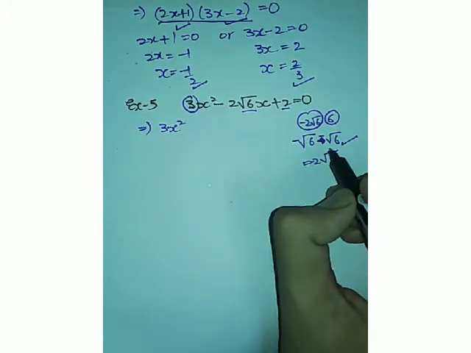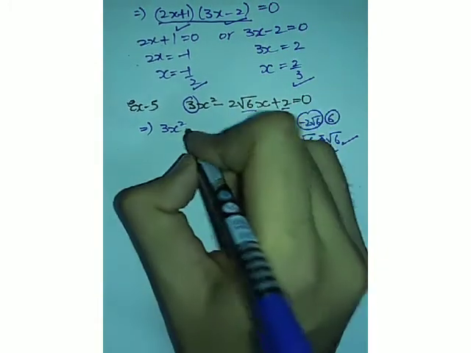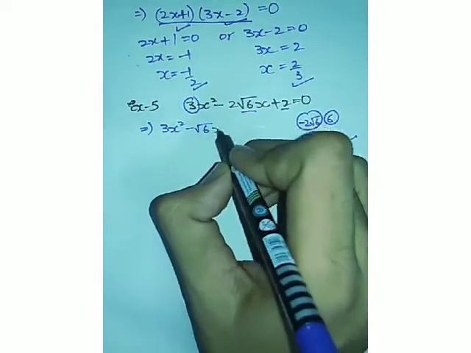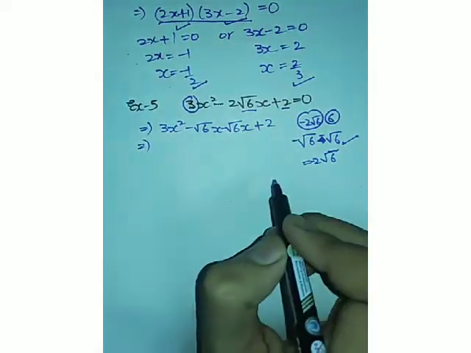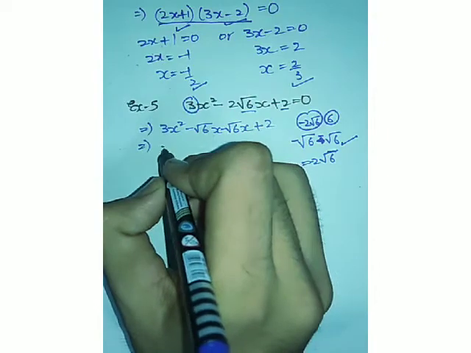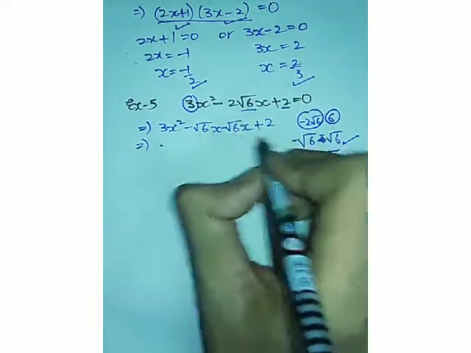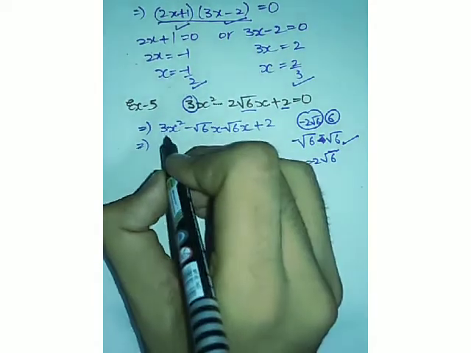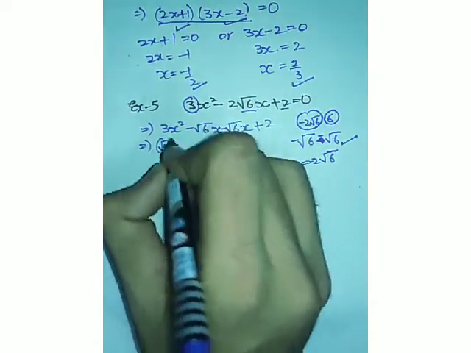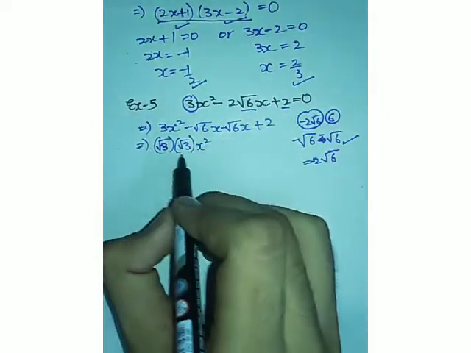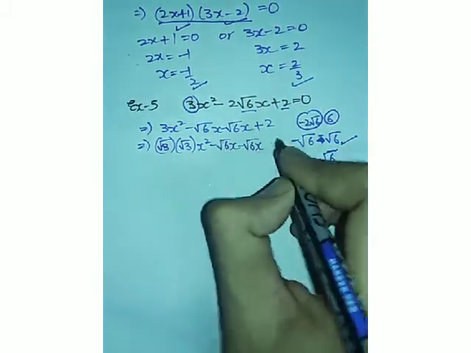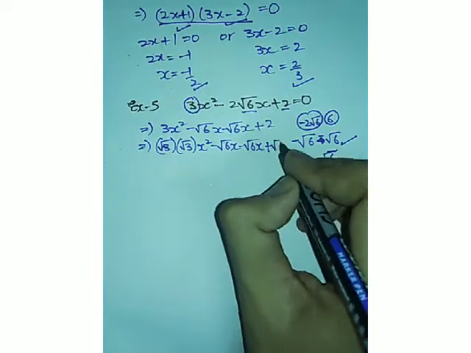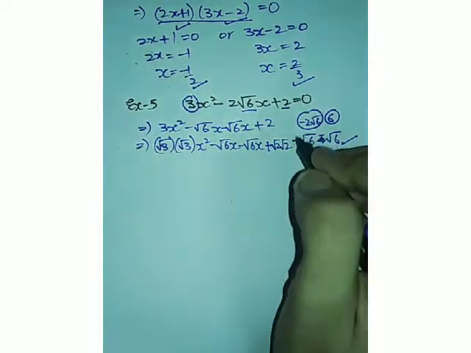Now minus root 6 minus root 6 is minus 2 root 6. We can write, right? Minus root 6x minus root 6x plus of 2. All right, 3x square. Now what you can get from here? You cannot have any common factor, but you can convert root 3 into root 3 multiply root 3, right? Because it's coming out to be 3. We have to transform the given terms in order to take a factor common. Minus root 6x minus root 6x, and again you can write 2 as root 2 multiply root 2, right?